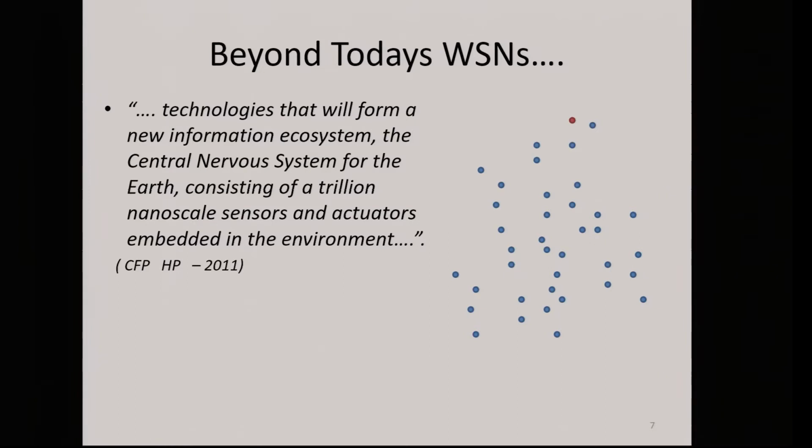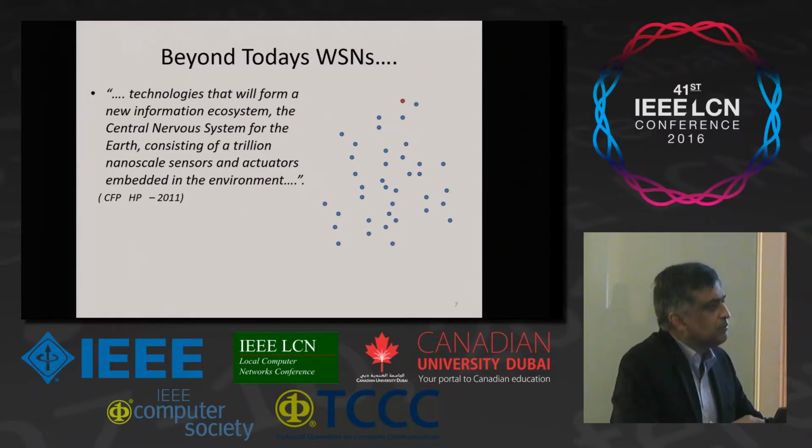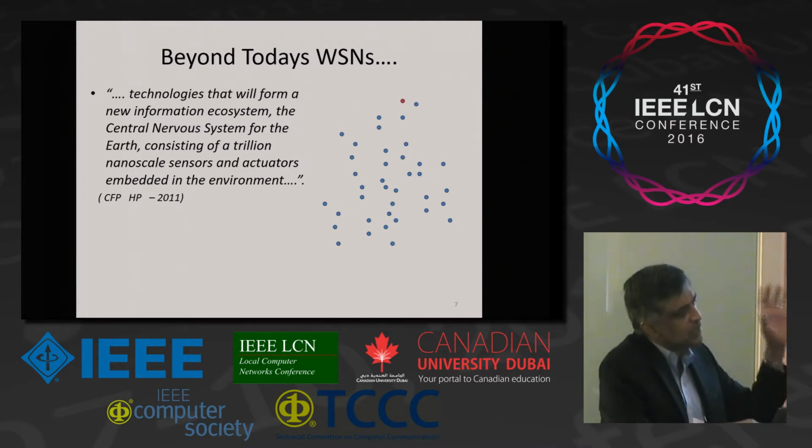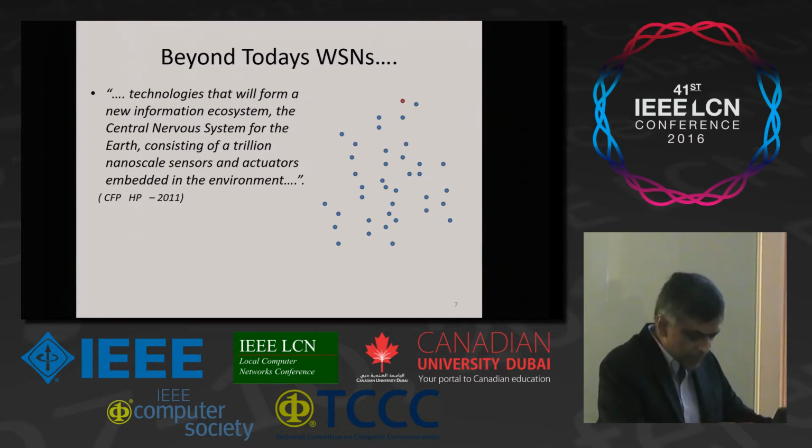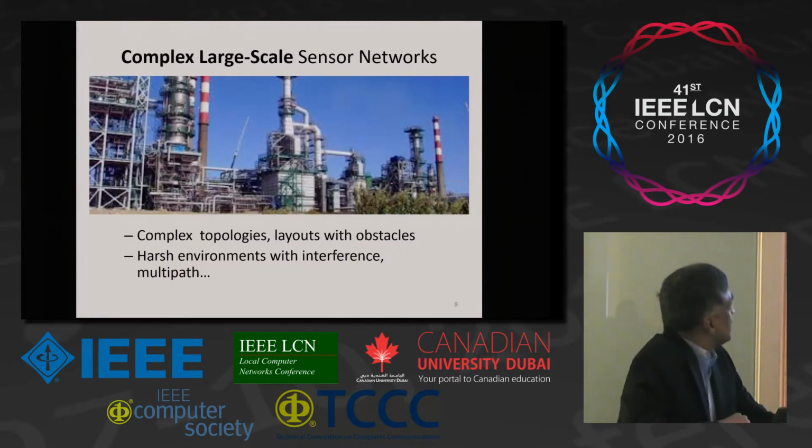Right? So over the long term, we are talking about technologies that will form very complex networks with a large number of sensors that have limited capabilities, like traditional wireless sensors, maybe not energy limited anymore because of power harvesting, but there will be large islands of sensor networks that are monitoring things. That is where we started, and let's take an example like this here, a petroleum refinery, right? The vision is that you will have maybe tens of thousands, if not hundreds of thousands, of sensors in an environment like this here.